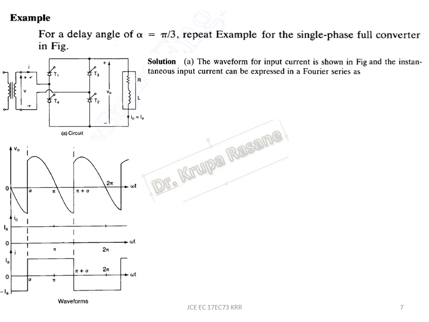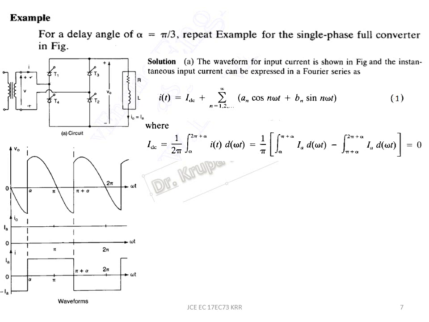Because of this we have to analyze the Fourier series, what we have done for your semi converter. So we know that i of t is equal to a Fourier series representation with a DC component plus the summation of all the harmonics involved, and we have seen this formula earlier, where we evaluated the values of an and bn. We know the DC component is nothing but the average value. Because there is a positive and a negative part, obviously they will cancel.